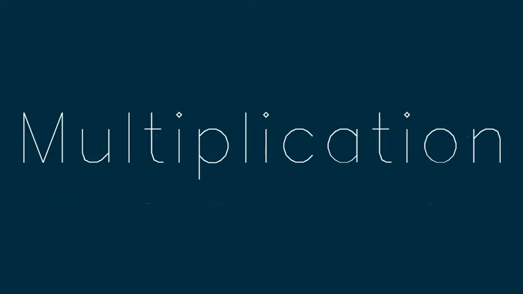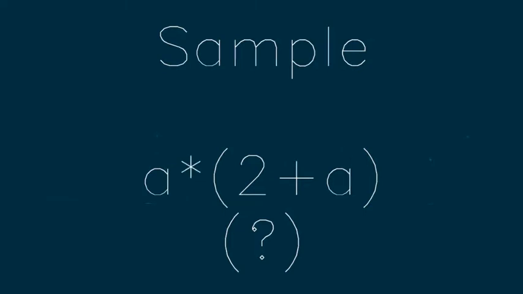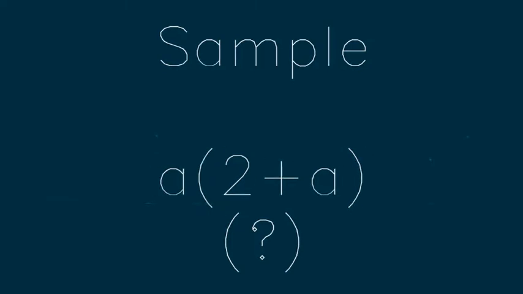Okay, so let's discuss multiplication in algebra and how you're going to be doing that. Let's start out with our sample over here. We have a multiplied with 2 plus a. Now this is inside a bracket, and yes, so basically, when you don't have anything written between a variable and